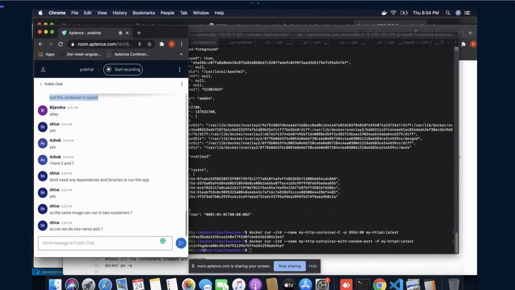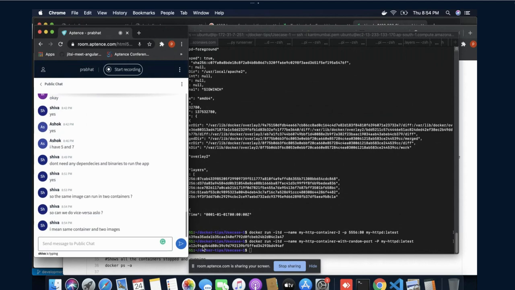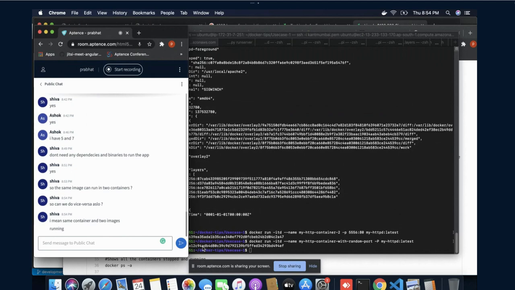Can we do vice versa also? So the same image can make two containers. What do you mean by vice versa? Can you please explain what vice versa means? I mean the same container and two images.